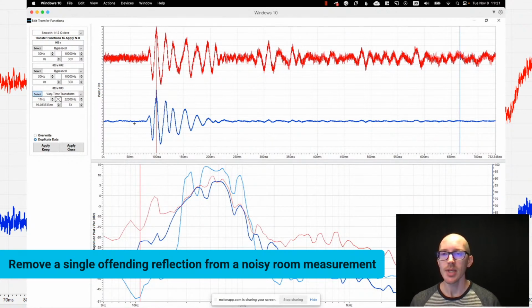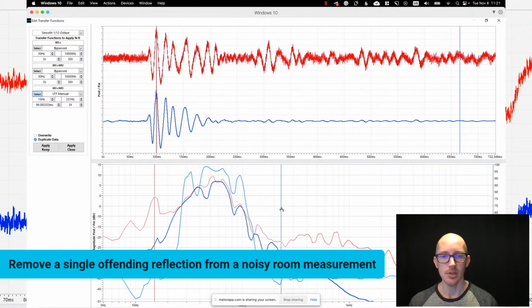Okay, so we can see here in blue, I have a much cleaner impulse response. I'm looking down here at this blue guy. The red one is old, blue is new, and this light blue color is the coherence. And so now I might want to make a couple of small manual changes here. I might want to adjust where the processing begins, and there's a low pass filter I could add here. And I say, great, I like the way this looks, everything's cleaner now, so I'm going to apply